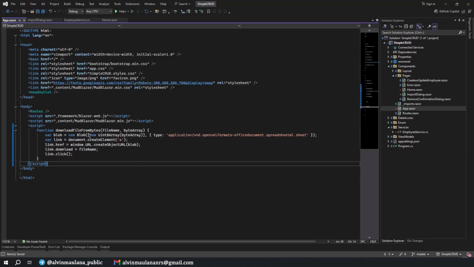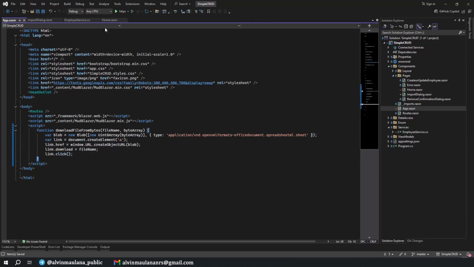So like this, we're converting the bytes into Excel type format, and then this is a blob, and we will have a temporary element, like a ref, if you're familiar with a ref. So it's basically creating a temporary component for this, so we can inject the blob that we have in here, and then simulating the link, like clicking the link button. So when we click the link, we're able to download the Excel file.